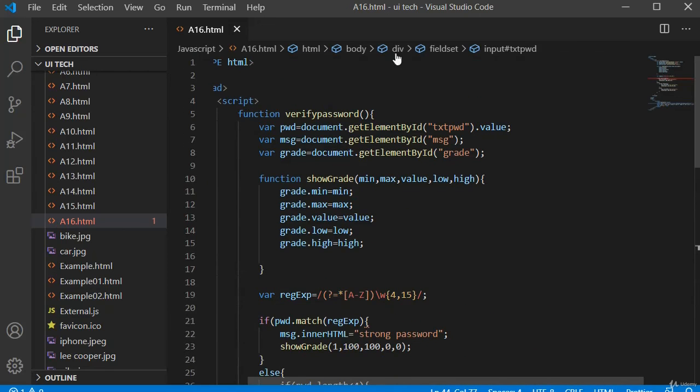Whenever control comes to my verify password, here it will take the password whatever the user has typed. That's the reason I am using document.getElementById dot value. Dot value I am using here because I am taking a value from my user. Then that value will be stored in my PWD. And I am using var msg variable